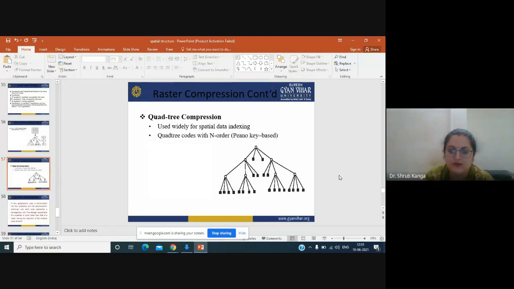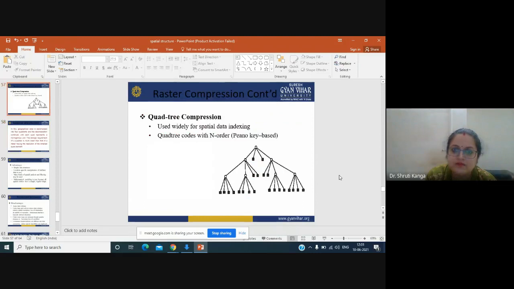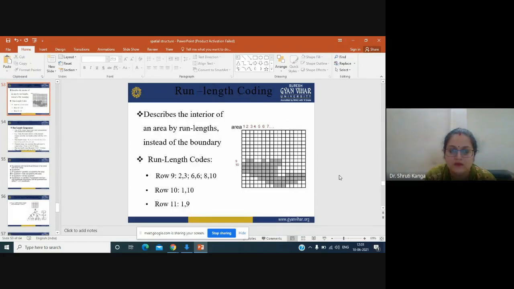Now we have, after this, quadry structure and tree structure that I have taught you, and in a few books you will find one more structure, that is pixel by pixel coding. For run length you will find in a few books the pixel and pixel value coding. So what we do in that case, suppose this is row 1, okay, so from pixel 1 to 16 the value is 0. ठीक है, up to row number 8.